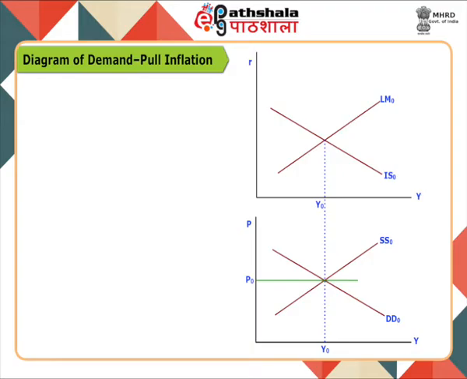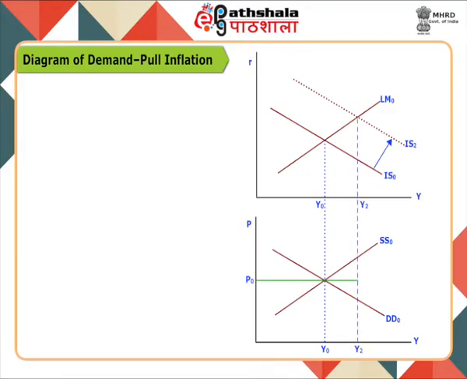In the lower panel, the price-sensitive aggregate demand curve and aggregate supply curve are shown. Due to the sticky wage assumption, we have an upward sloping aggregate supply curve. As there is an increase in demand, there are shifts in the IS curve and aggregate demand. Both of these curves shift upwards. The IS curve shifts from IS0 to IS2 in the upper panel of the diagram, thereby shifting the equilibrium level of